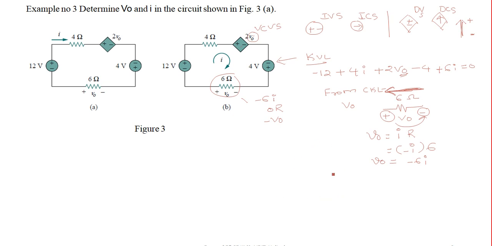So you can solve this. You substitute this in the KVL equation. Here I have written plus because the current is written with respect to the resistor value, voltage, right? If you substitute and check, you will see that the I value turns out to be minus 8 amps and V0 turns out to be 48 volts. Okay, so this is how it is done.